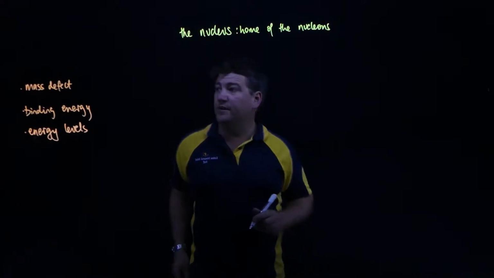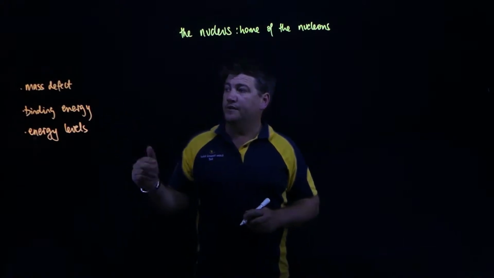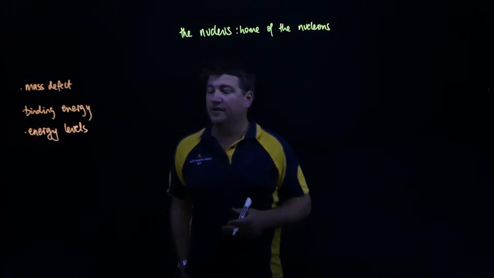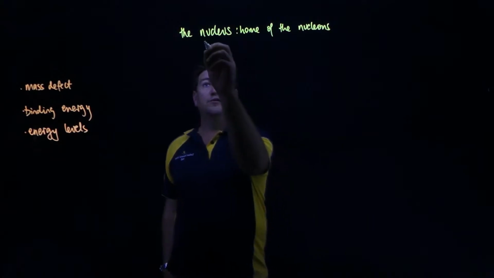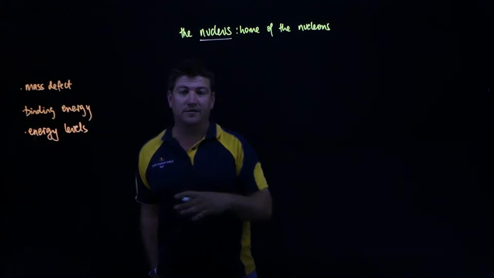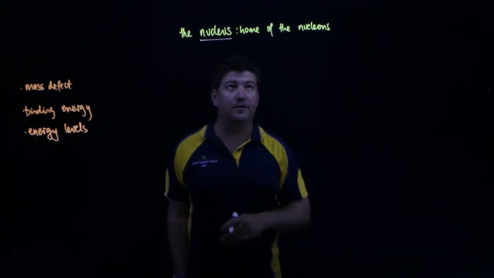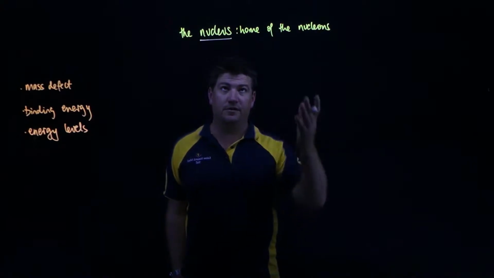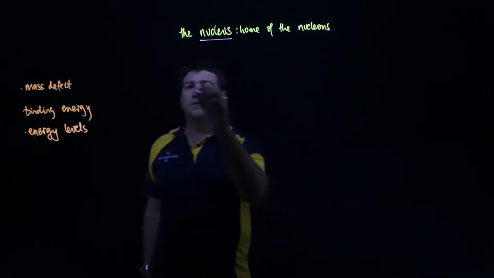Okay guys, today we're going to go through these three ideas: mass defect, the binding energy, and energy levels of the nucleus. Alright, so we're past the atom, we're not caring about electrons so much anymore, we're just talking about the nucleus, home of the nucleons. So mass defect,